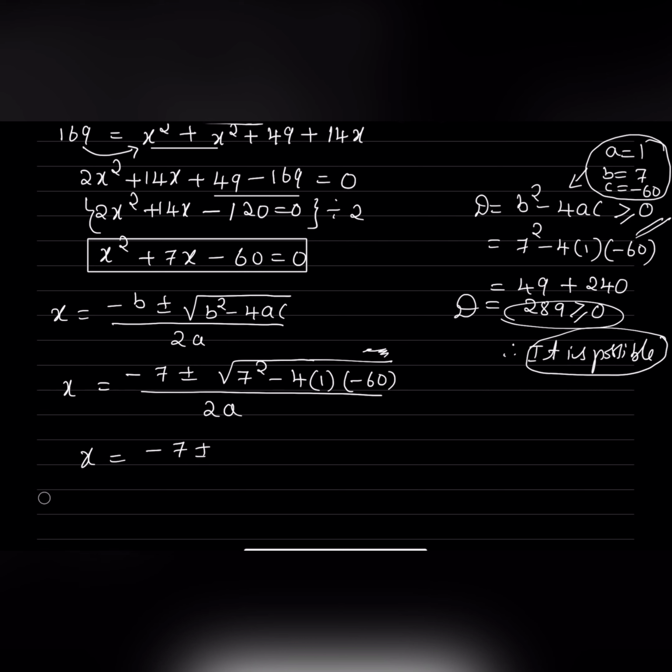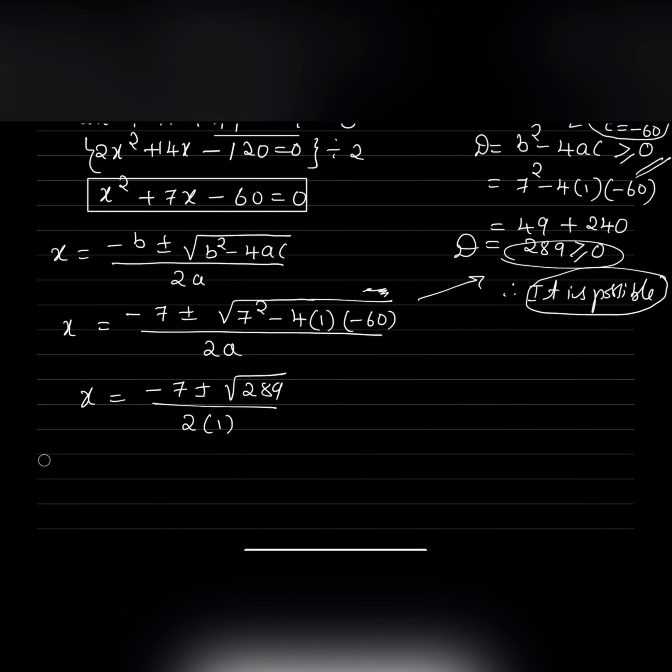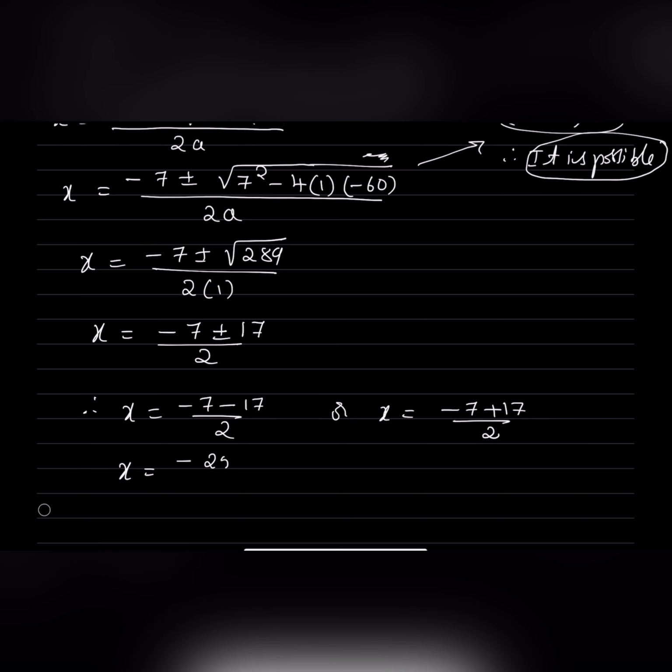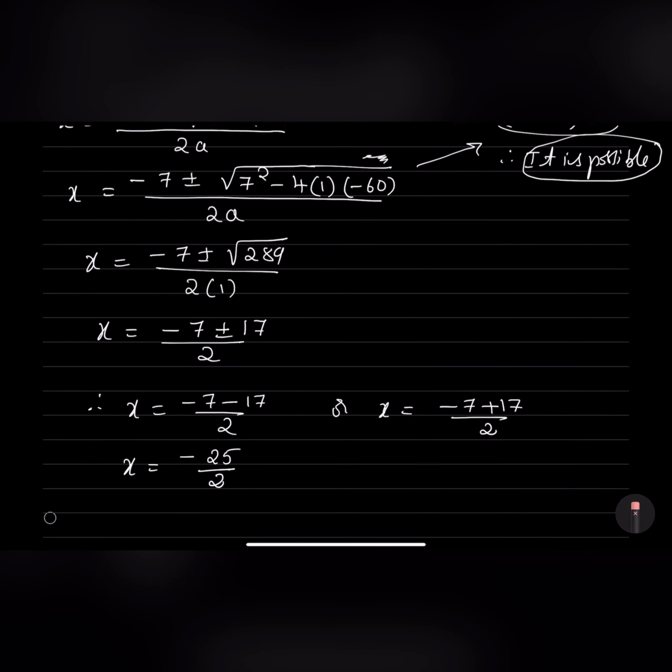X is equal to minus 7 plus or minus square root of 289, which we have done, divided by 2a. 2a is 2 into 1. So x is equal to minus 7 plus or minus, root of 289 is nothing but 17, by 2. Therefore, x is equal to minus 7 minus 17 by 2, or x is equal to minus 7 plus 17 by 2. Now, x is equal to minus 7 minus 17 by 2. How much is that? It is minus 24 by 2. So that is x is equal to minus 12